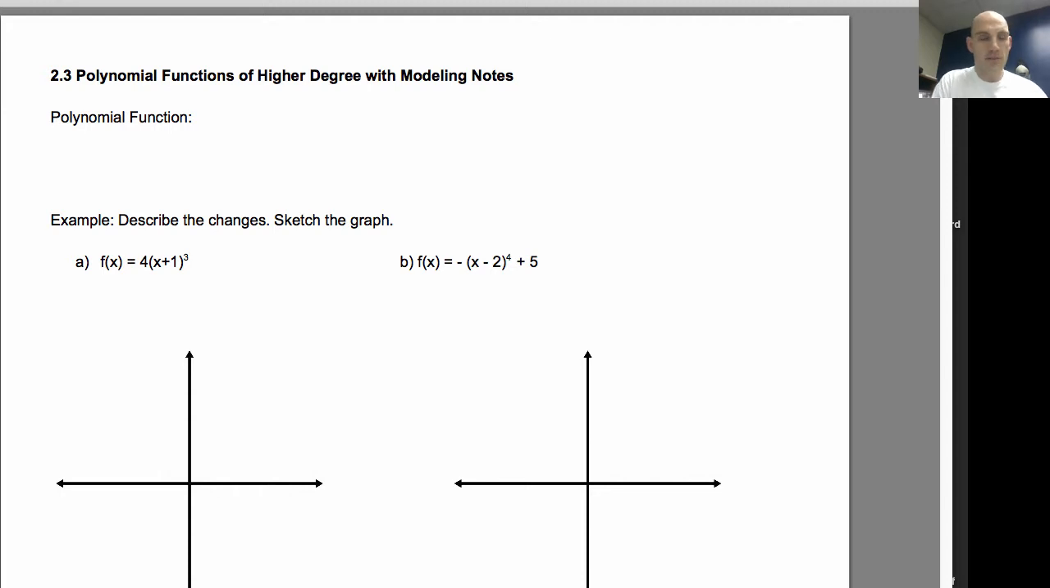Welcome back. This is the first part of the video on 2.3 polynomial functions of higher degree with modeling. I've got this note guide here for you, and if you're following along, a lot of these things we've kind of talked about already, and we're going to take that basic understanding that we have and expound